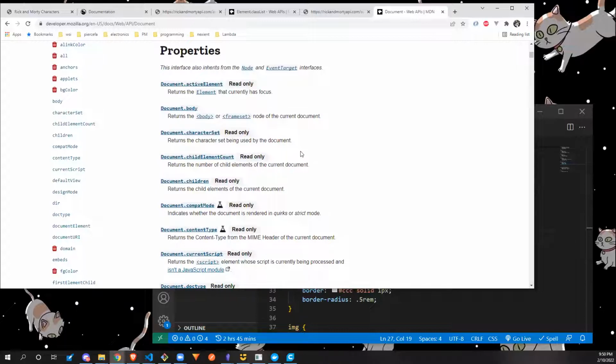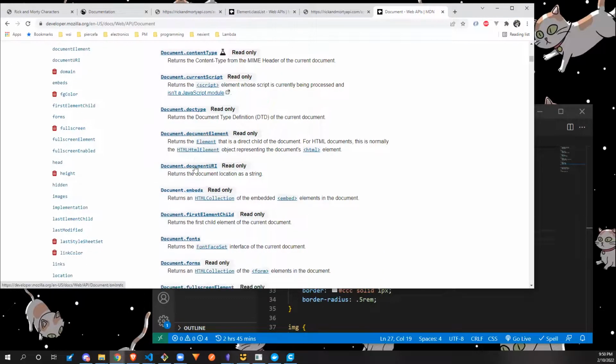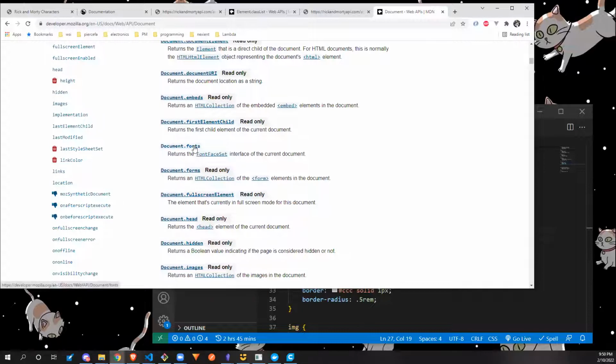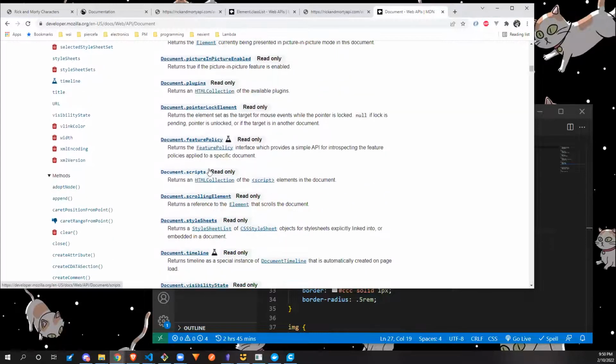For example, you can see child element count, which tells you how many child elements there are. I guess the font face set of the current document. Things like this you can do, but pretty much the ones that you would be using are